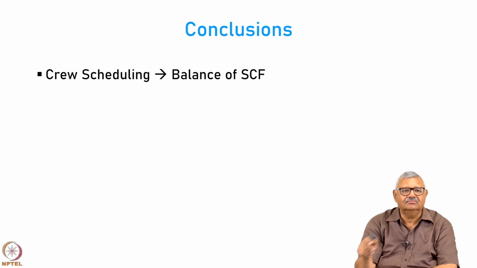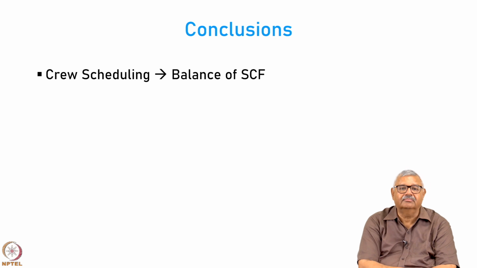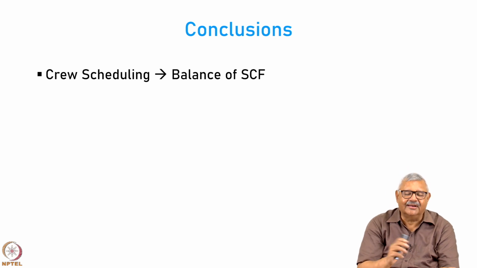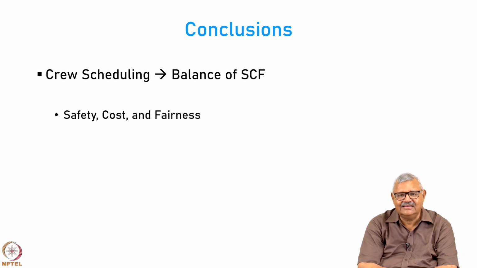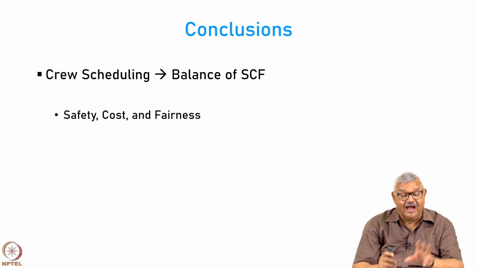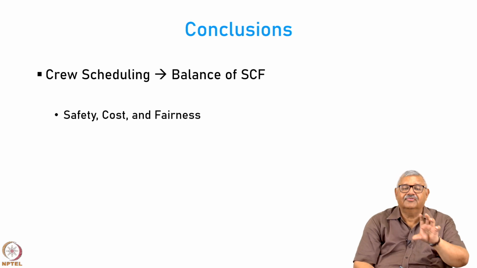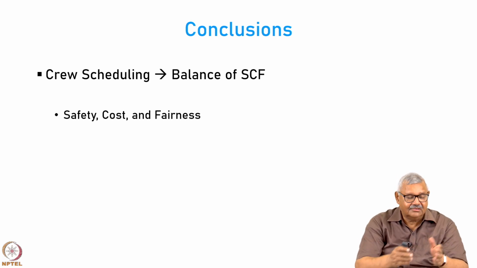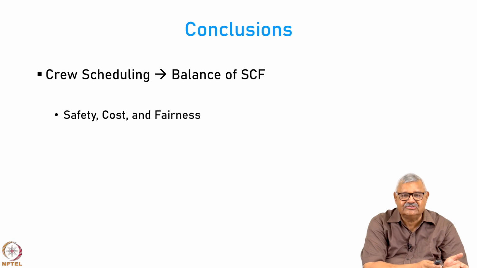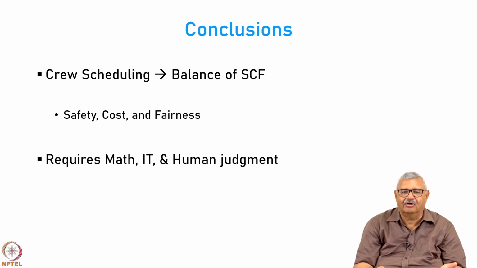So, in conclusion, crew scheduling is a complex problem. It is an NP hard problem where you need to have a delicate balance between S, C and F. What is S, C and F? Safety, cost and fairness. You have to be safe, all of the things have to be legal and without any exception, but it should not be very expensive and it should also be fair to all the crew members and